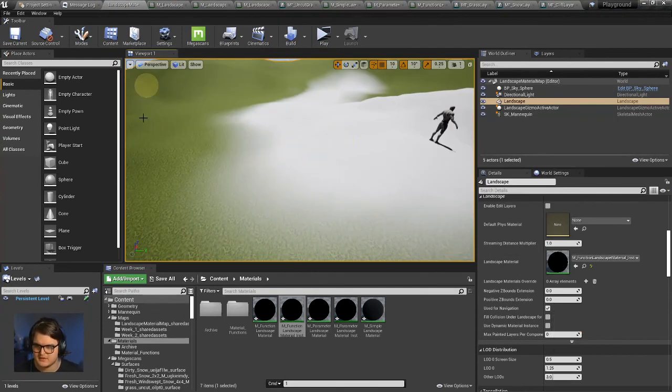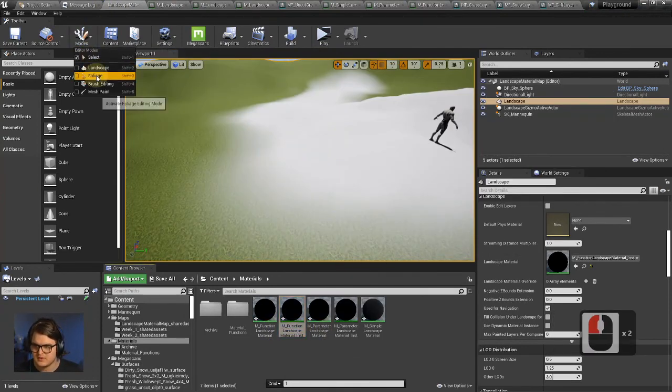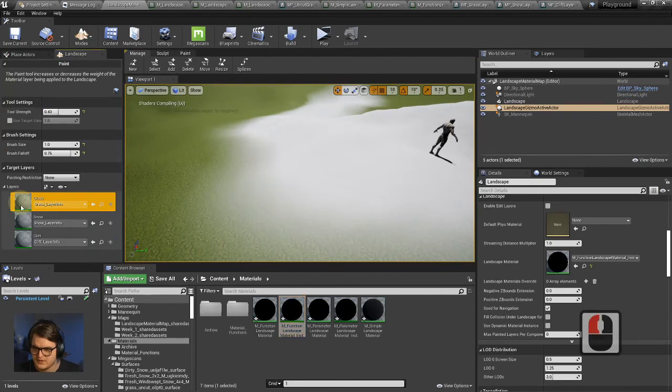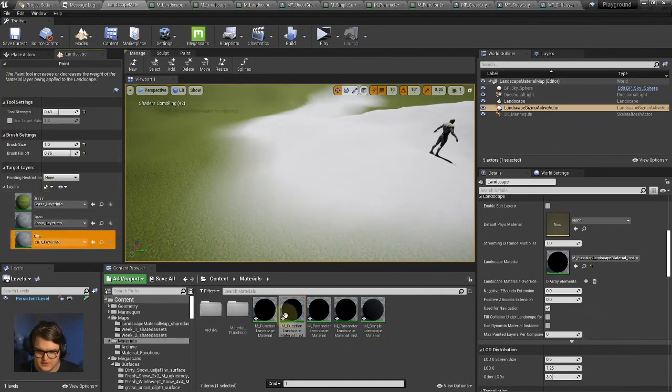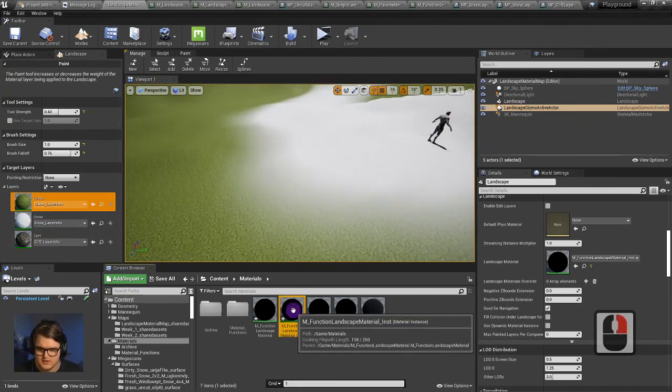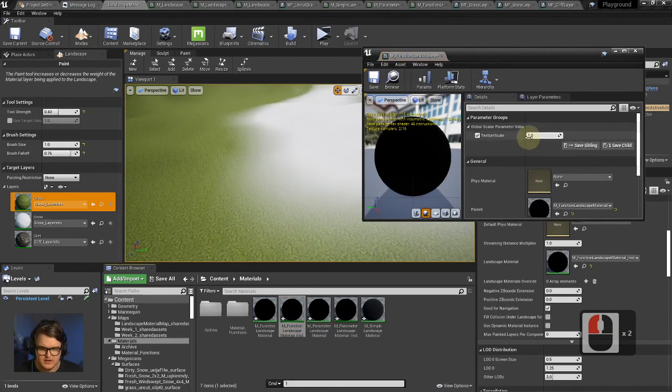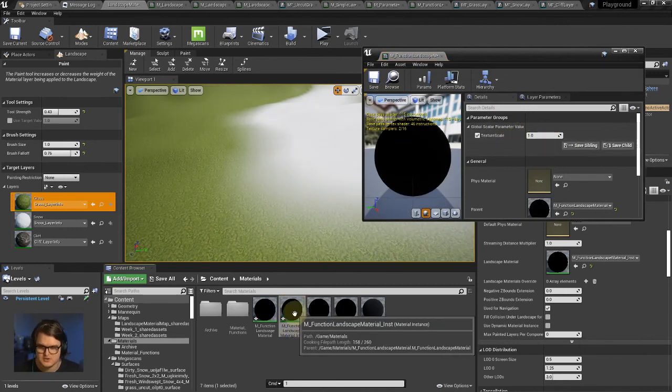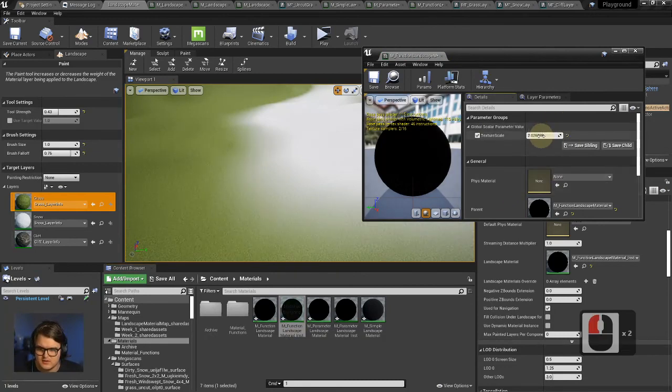All right, excellent. So let's go back to the landscape editor, and we have our grass, snow, and cliff layers, which are each taking a second to update, and that's totally fine. And now with our scale parameter in our function material instance, we can increase the scale,